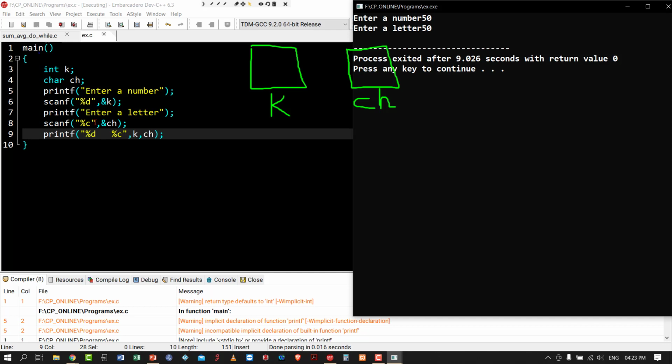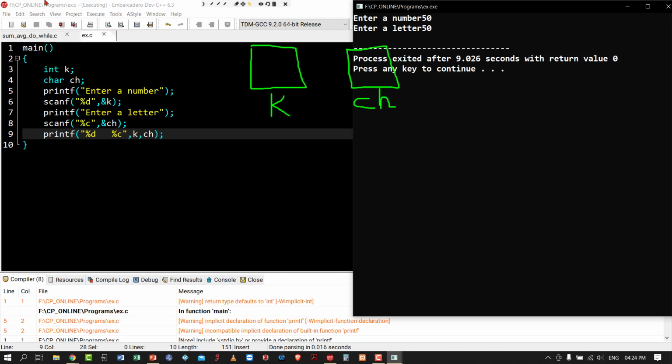The actual thing what happens here is I typed 5, I typed 0, then I pressed the enter key. That enter key will be considered as an input. For pressing enter key also there will be something generated from the keyboard, and that generated thing is actually stored inside the character.